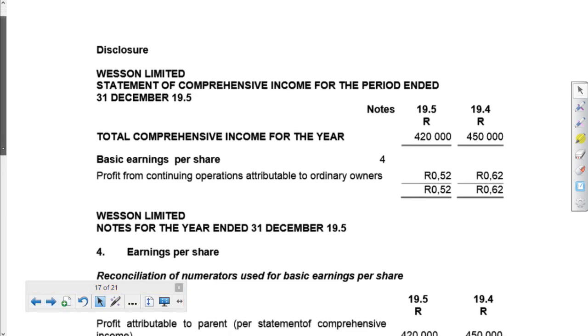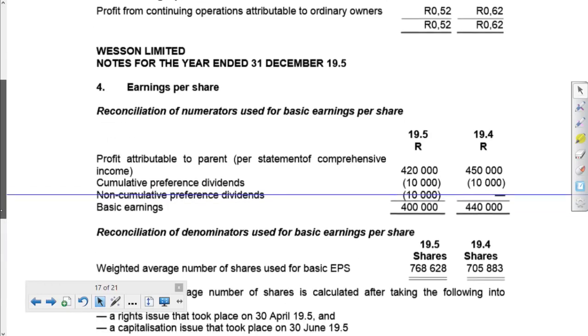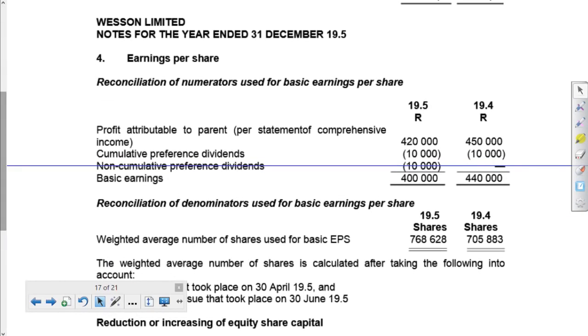And then here's the note for earnings per share. Basically, the note for earnings per share is a reconciliation note. So it basically shows you how you got from the profit in the P&L to the profit number that you're using, your calc essentially, isn't it? So if they ask you for the note, set up the note and then do your calcs in the note. And then they also ask you to reconcile the bottom,